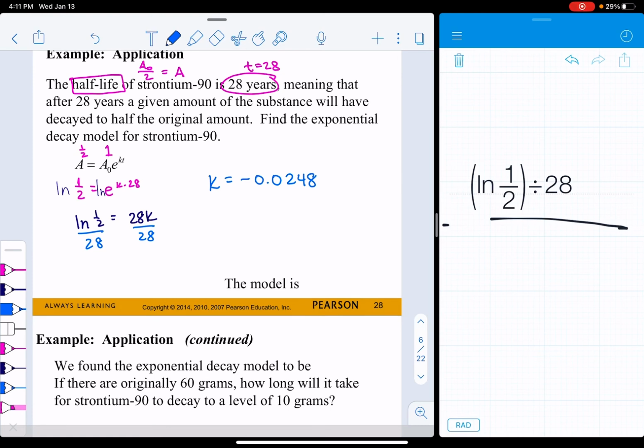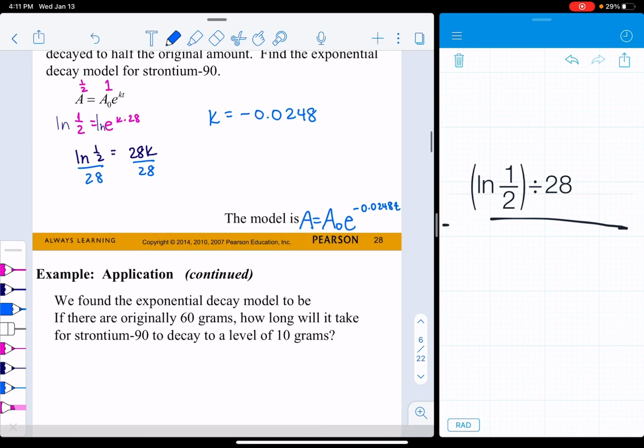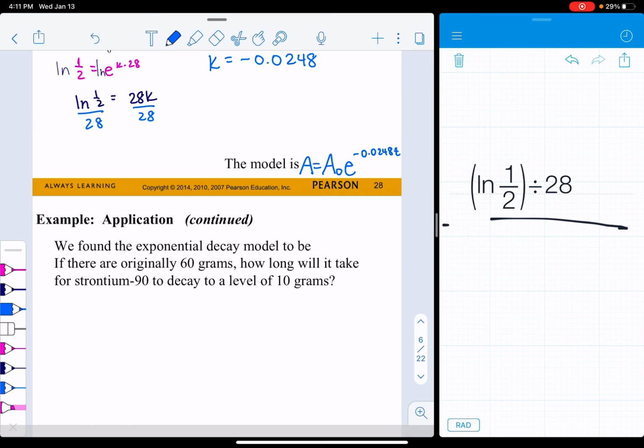All right, if we were to write out what that model looks like, that means in general we have that A is equal to A sub 0, whatever initial amount that I plug in, times e to the negative 0.0248, and then we still need that t value for time, how to kind of squeeze that in. Now we're going to use that for one last piece. So our model that we had, the same exact thing that we just had, A sub 0 e to the negative